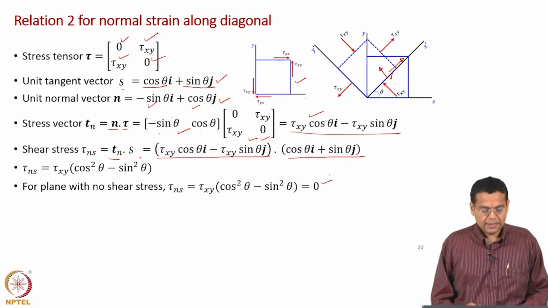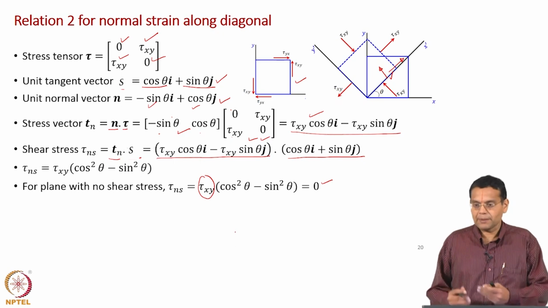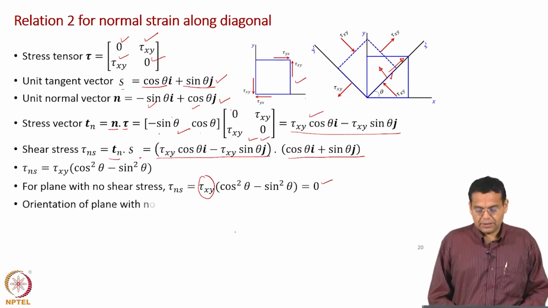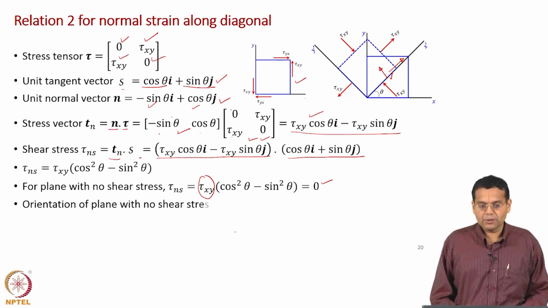The shear stress which I found in the earlier line has been equated to 0. Now, tau xy cannot be 0 because it is a given constant value. So, what is the condition? That depends on theta. So, this tau ns becomes 0 for theta equal to 45 or theta equal to 135,